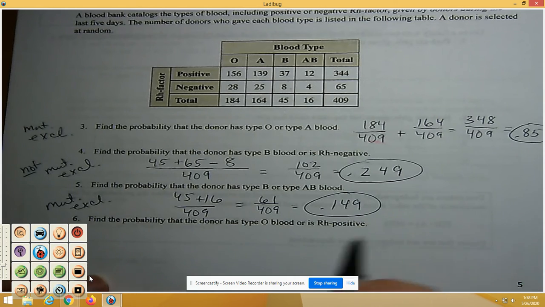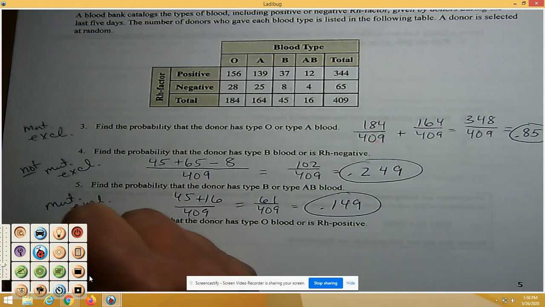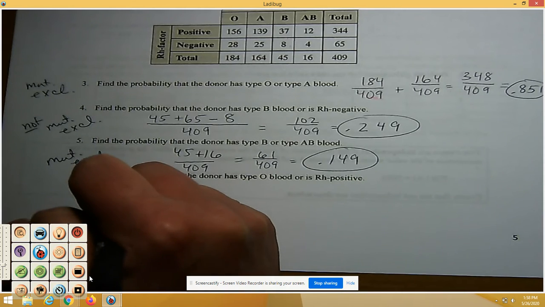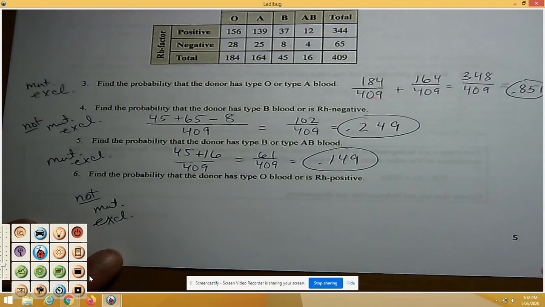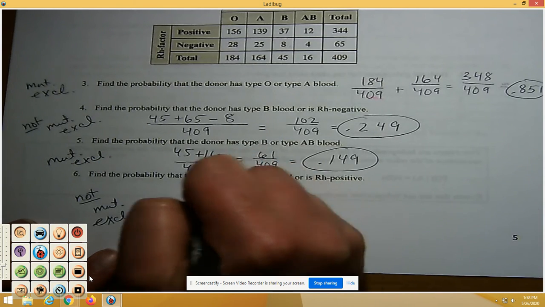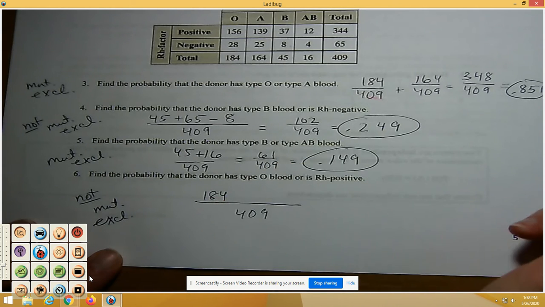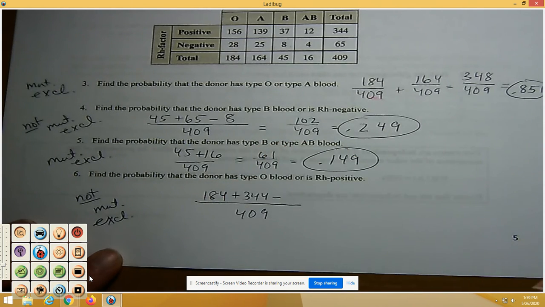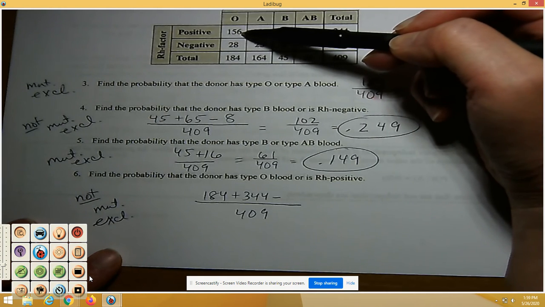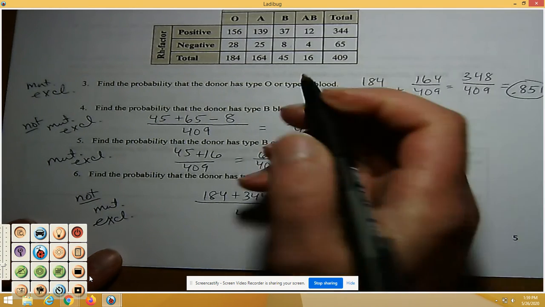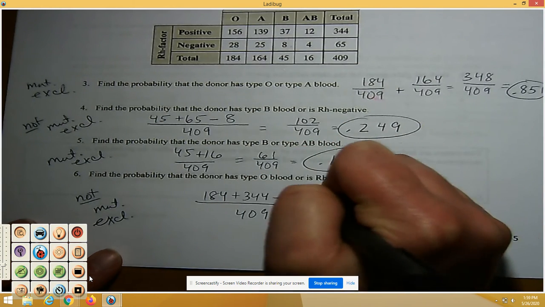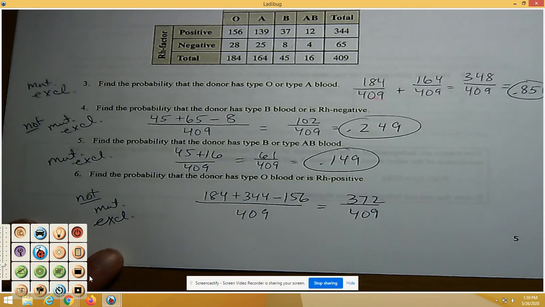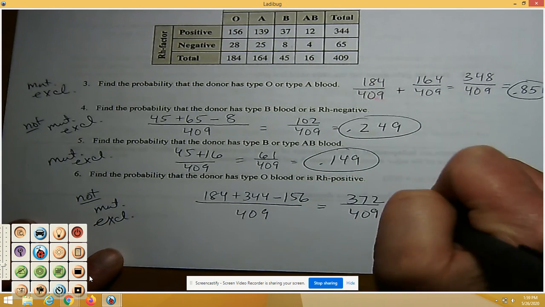And then the last one is not mutually exclusive. I'm going to lift this up a little bit. So the probability of type O blood is 184 out of the 409. Rh positive is the 344 out of the 409. But I just double counted O positive blood, so I have to subtract the 156, so I don't double count it. And I get 372 out of 409, which when you round, you get